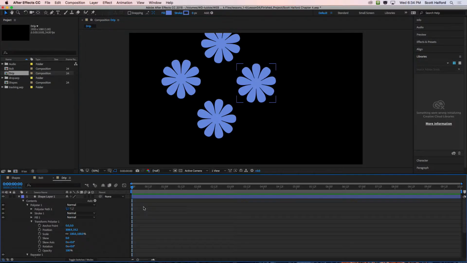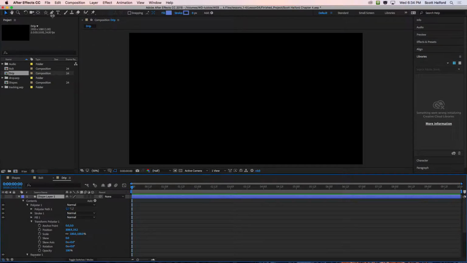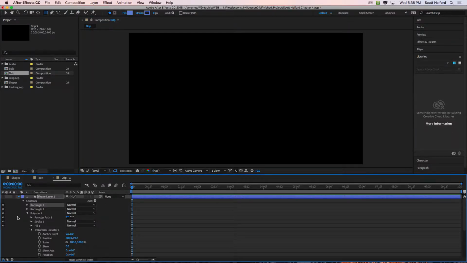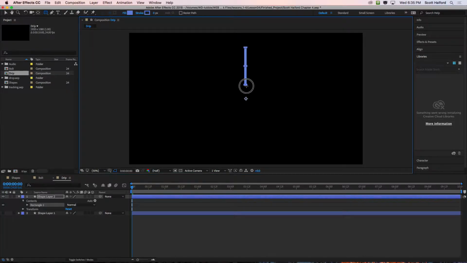All right, let me hide this for a second. Let's make another shape. I'm going to make a rectangle. I'm going to not do it on that shape layer. I'm going to make a new shape layer. So I deselected everything. I was selecting nothing when I did that. Now if I go and add a repeater,